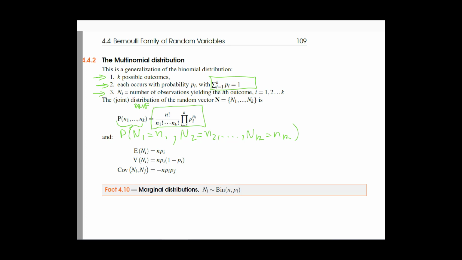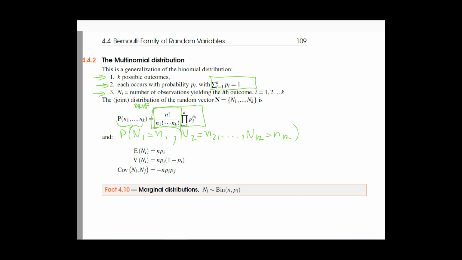Now, the logic is the same as the binomial. First of all, you have the product of all the p_i to the n_i, because that's the probability of obtaining the event you're looking for. So you're looking for 20 number ones: that's 1/6 to the 20th, times 17 number twos, which is 1/6 to the 17th, since it's a fair dice, etc. And then what's before the product,